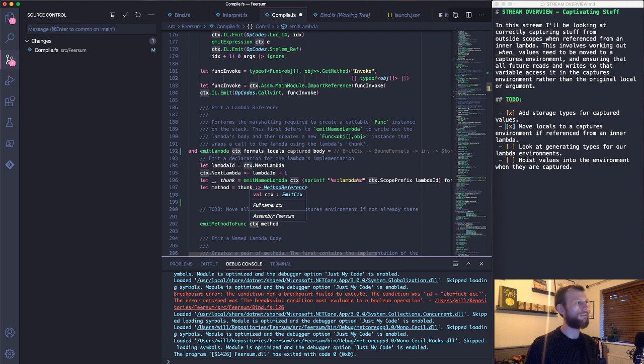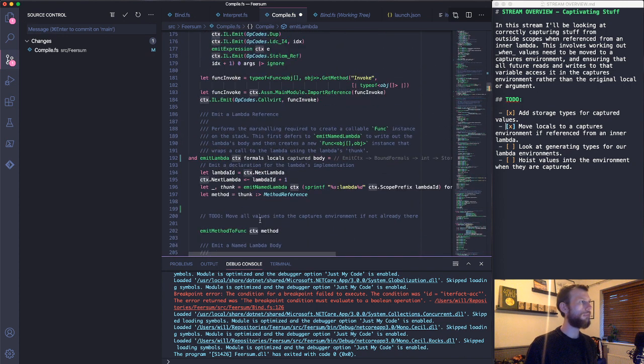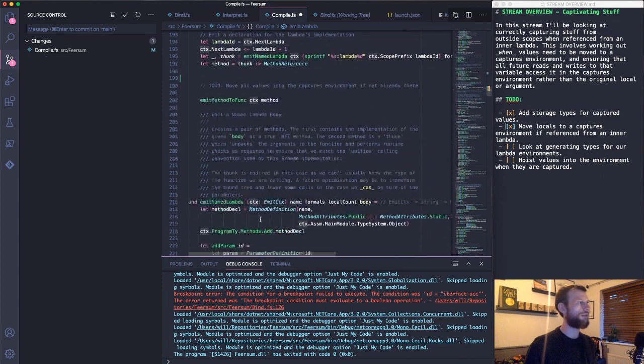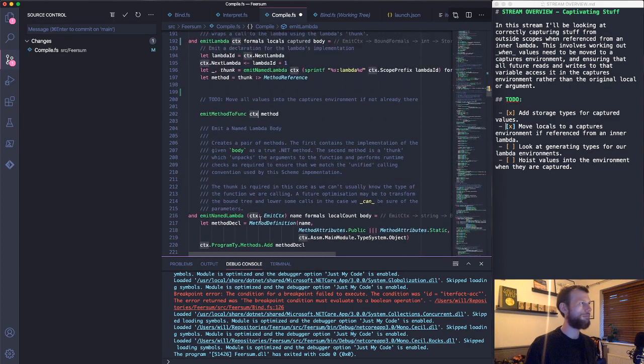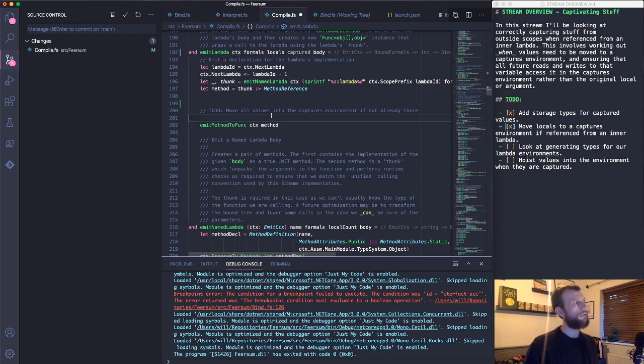So the current context here, the emit context, into its environment. So to do that, we probably just do, trying to work out